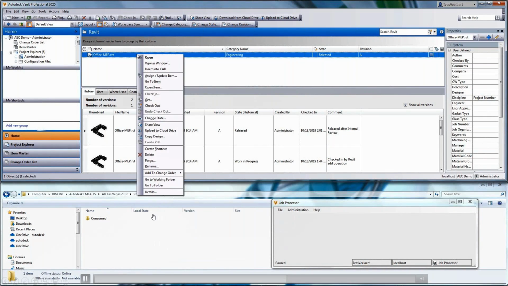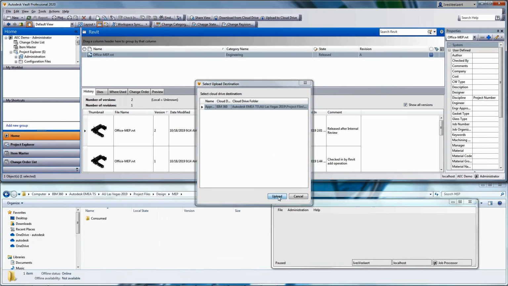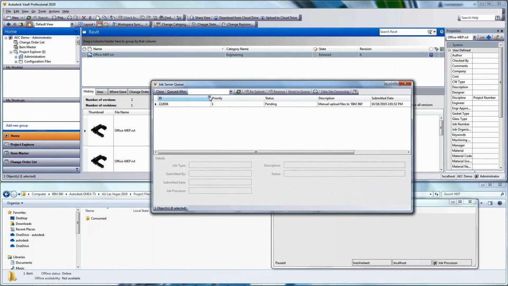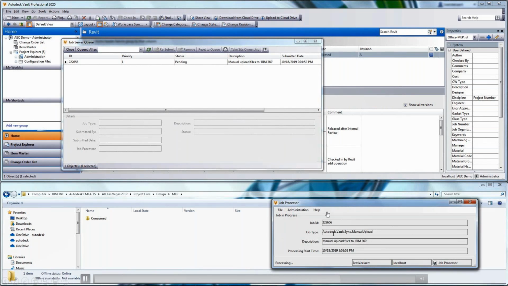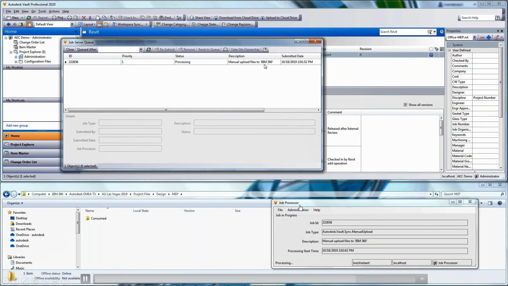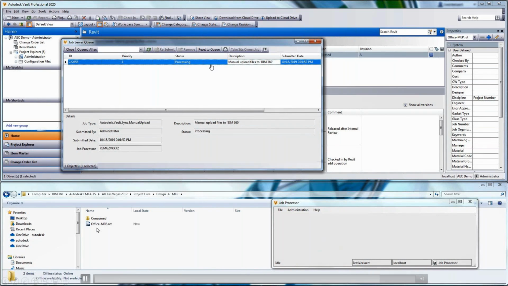We can automate this and have it pulled every 5 minutes or so. We're just going to push it manually here. So we force some uploads. It is indeed going to take that file to BIM 360. So this is sort of our webhook, the equivalent of Forge. And what we're going to do is activate that equivalent. So we're running the server, and it's actually going to process this file, and it's going to push this file